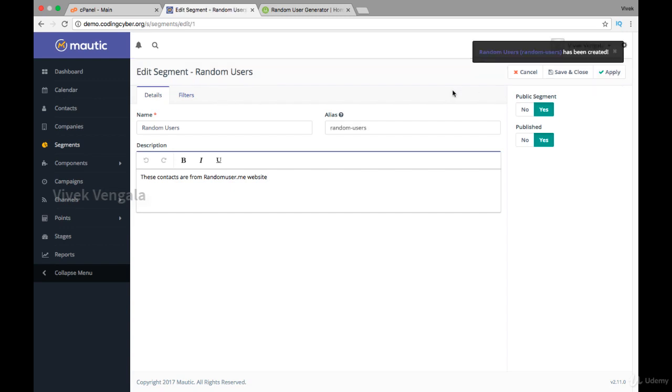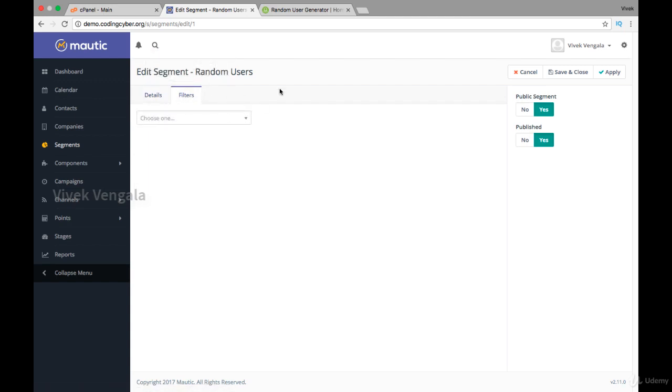If you want to use this in campaigns or other websites, this should be a public segment, so this option should be yes, and it also should be published, so this option should be yes, so that this segment can be used in other websites and campaigns. In Mautic campaigns we can use this segment, so that all the subscribers opting in from Travel Leads will be directly added to this random users segment, because I'll use this segment in Travel Leads